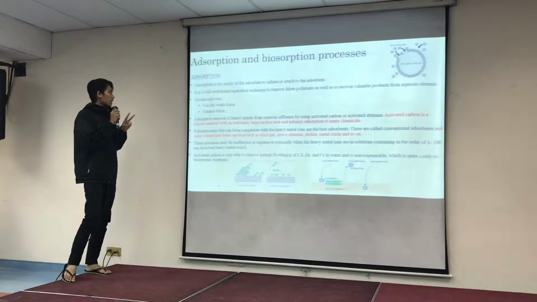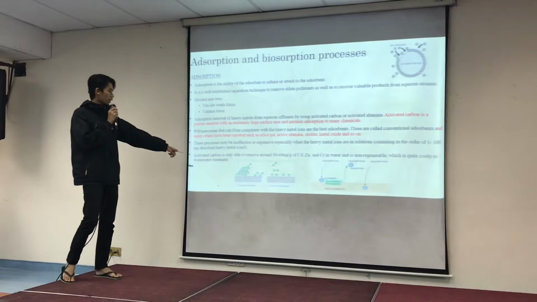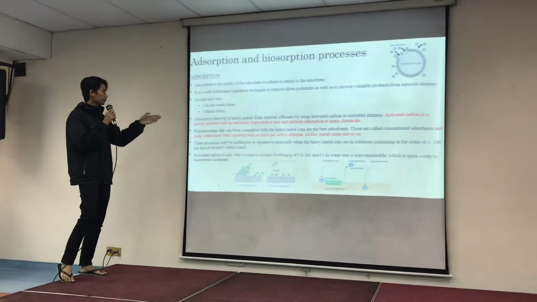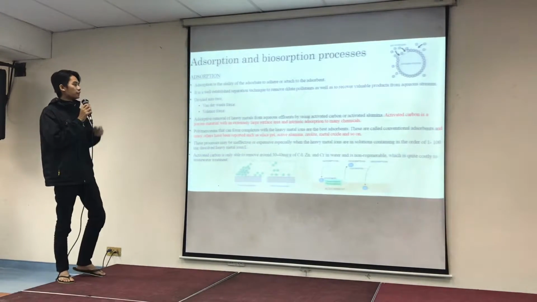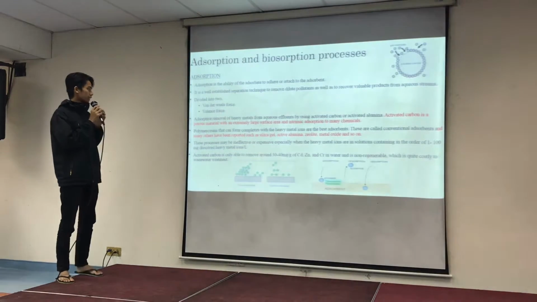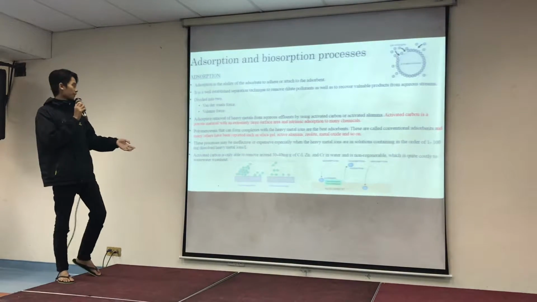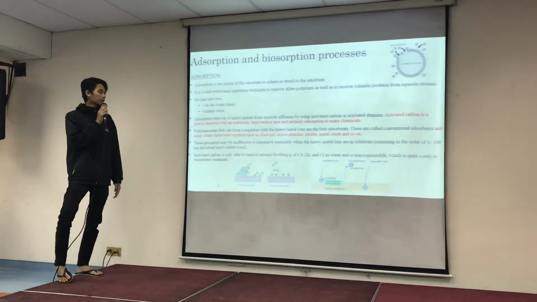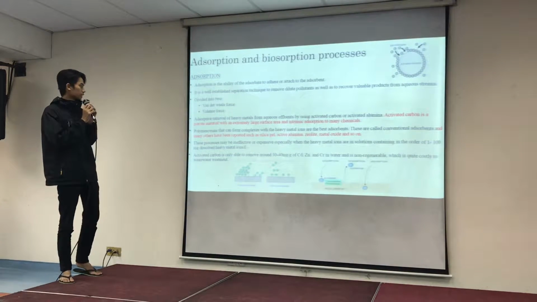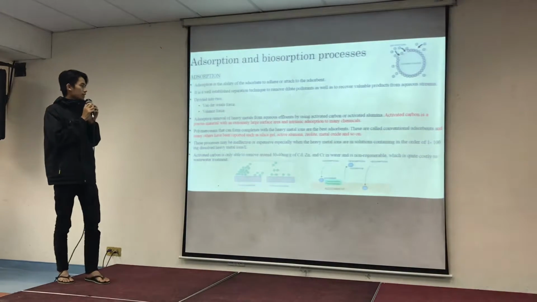Then it is divided into two: van der Waals forces and chemical forces. Van der Waals forces is called physical adsorption, and the chemical forces is chemical adsorption. So, adsorption removes heavy metal from aqueous influent by using activated charcoal or activated alumina. Activated carbon is a porous material with an extremely large surface area and intrinsic adsorption to many chemicals. Then, polymer resins that can form complexes with the heavy metal ions are the best adsorbents. These are called conventional adsorbents, and many others have been reported, such as silica gel, active alumina, zeolite, metal oxide